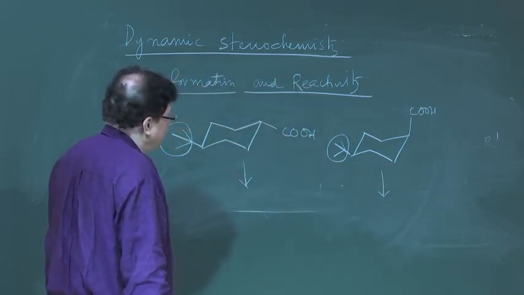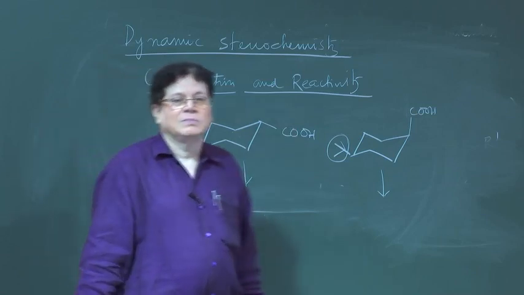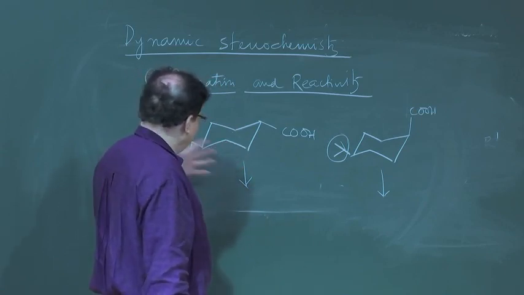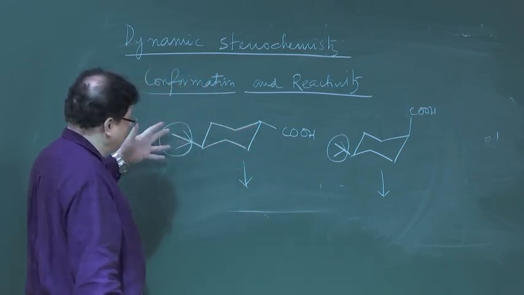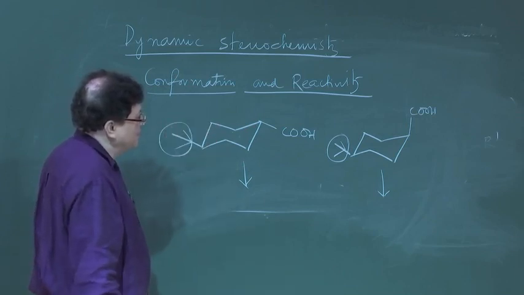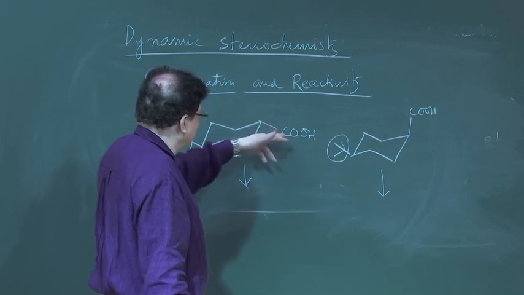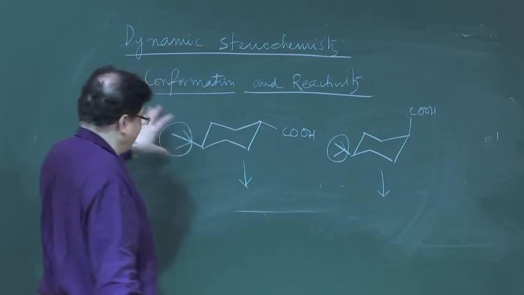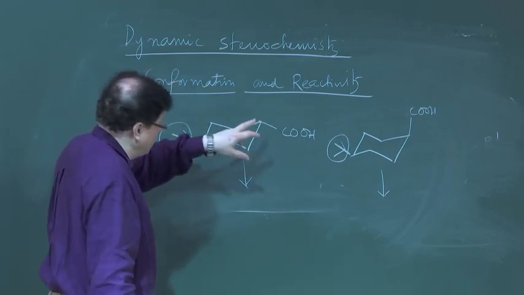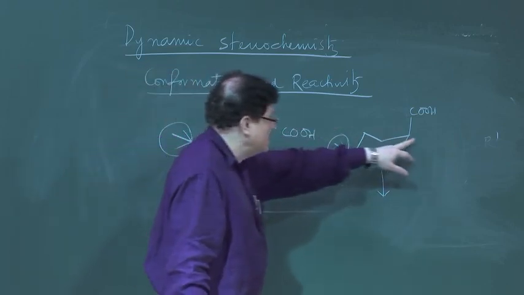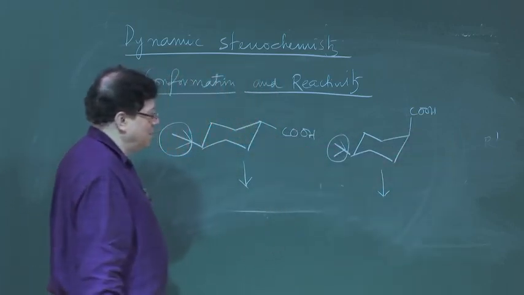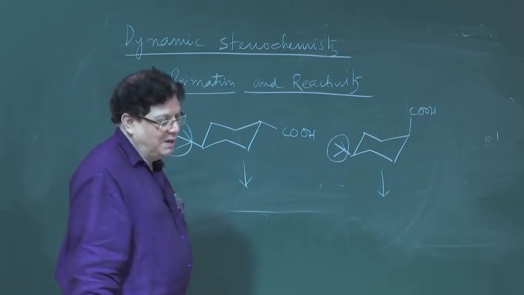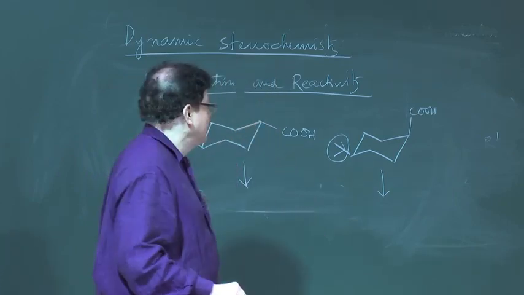is that the pKa of the two compounds are, first of all, not the same. This is very interesting, because the electronic effects will obviously be similar in both cases. The electronic effects will be similar because the connectivity is the same, and the t-butyl group is far away. So, its inductive effect, the electron donating effect, cannot reach this carbon. Even if it reaches the carbon, it reaches to the same extent as in this molecule also. So, there is no electronic effect that can say there will be a pKa difference,